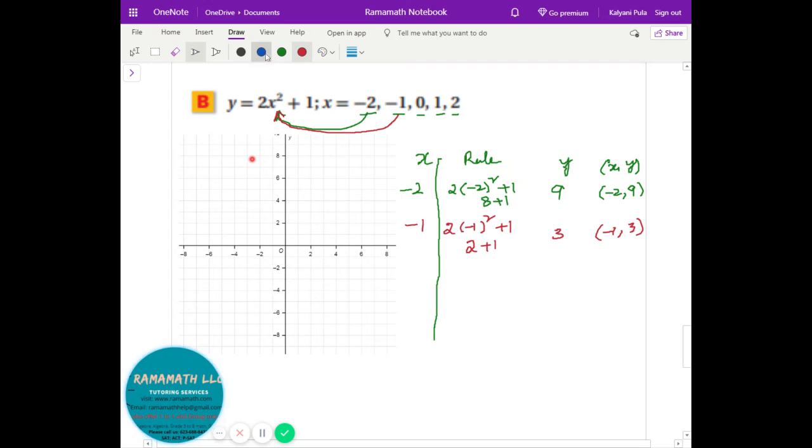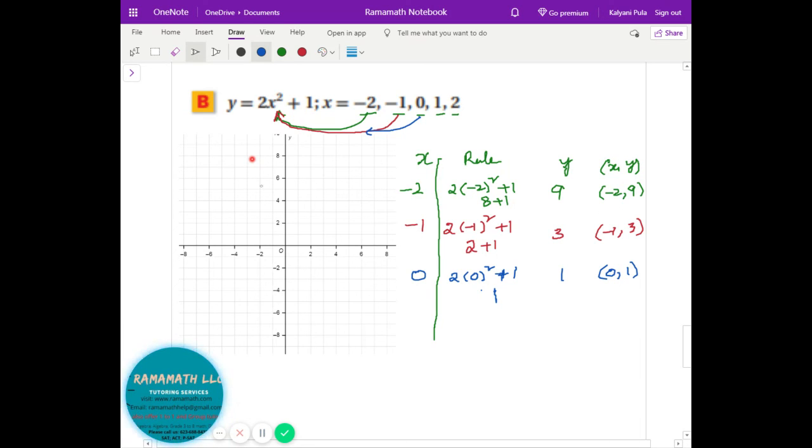In the same way, you're going to do this with 0. So x to the power of 2, I mean 0 to the power of 2, is 0. 2 times 0 is 0, and 0 plus 1 is 1. So it's 0, 1. Does that make sense? Okay. Once you have this, what you're going to do next is take these points